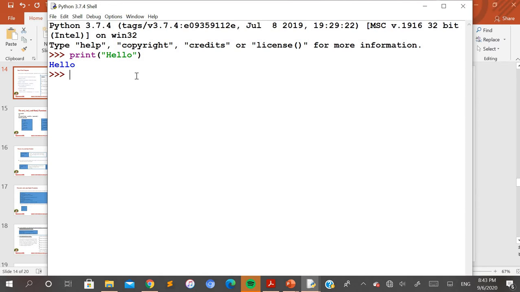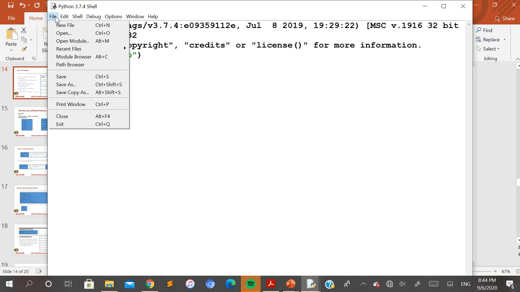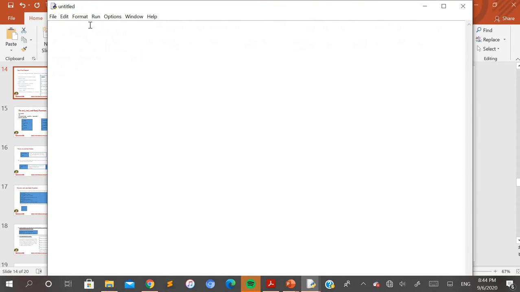But my suggestion is that you practice the shortcut keys so that you can execute faster. Go to File for creating a new file. Within the File option, the first option is New File. The shortcut key used for creating a new file is Control plus N. Click on it and you will be directed to the file. I'll just paste here.